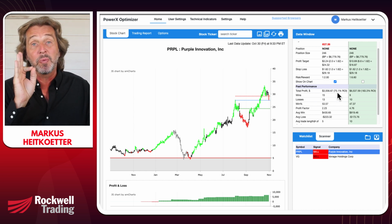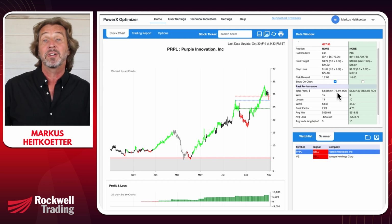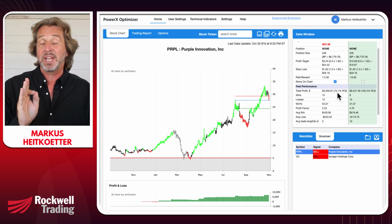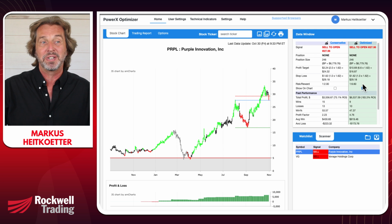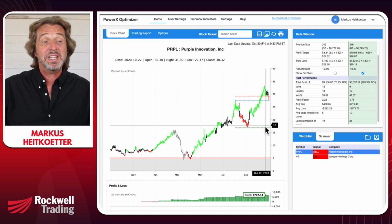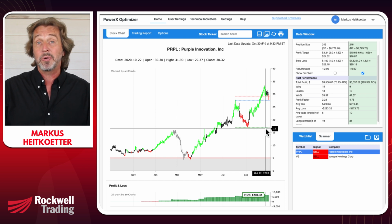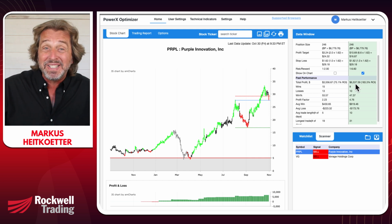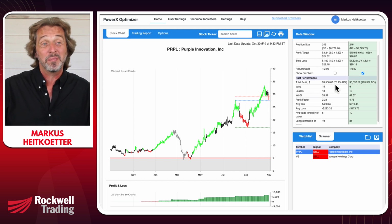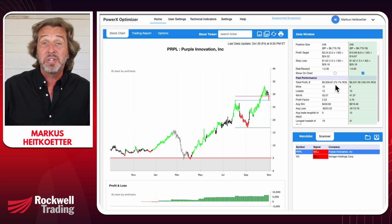But you see, and this is what we are doing, we're literally running millions of calculations every single evening as soon as we get the data. This is what you could have achieved, the optimized target here. And look at this. This is absolutely possible. Do you believe that it is possible for purple to go all the way down here? Absolutely. And look at this. You would make twice as much money. So yeah, you're leaving some money on the table, and this is where, of course, people try to use free tools,